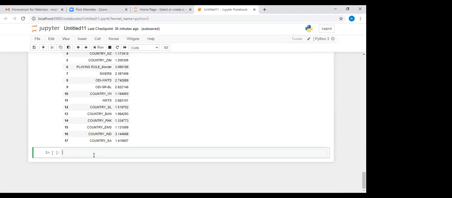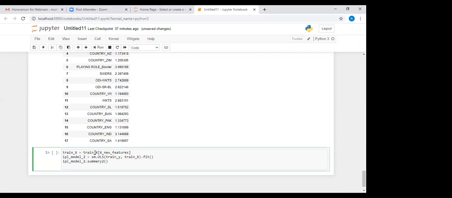Model running means, as we did in the last class, train X. Now we train X on the X new features. Very important point, because if we take X features, that will have all 26 columns. But we will be requiring only the new features, that is the 18 features listed here. So we train X based on these 18 features.